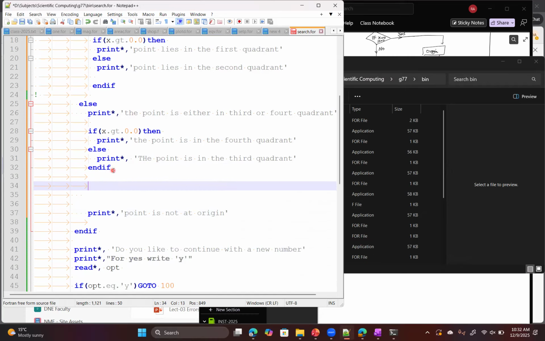End if is required. That's why we write in structured programming, right? So if there is the end if for this, else there is the end if, and there is the end if for eliminating the possibility of having the point at origin. So this is the edit, right,